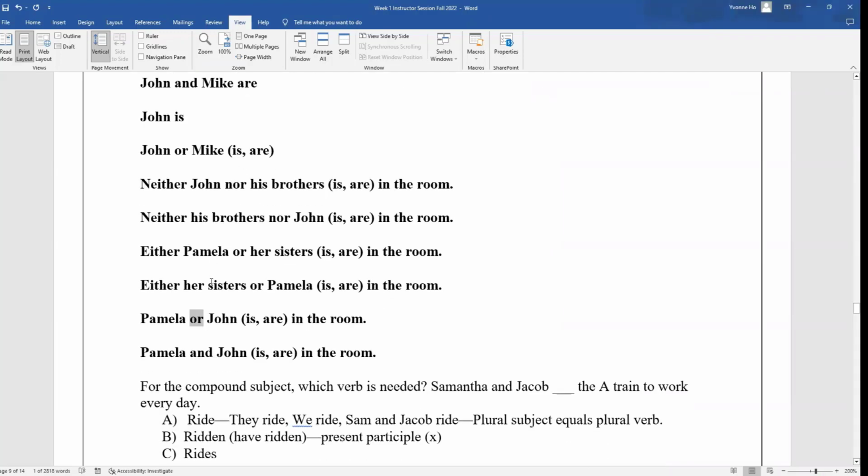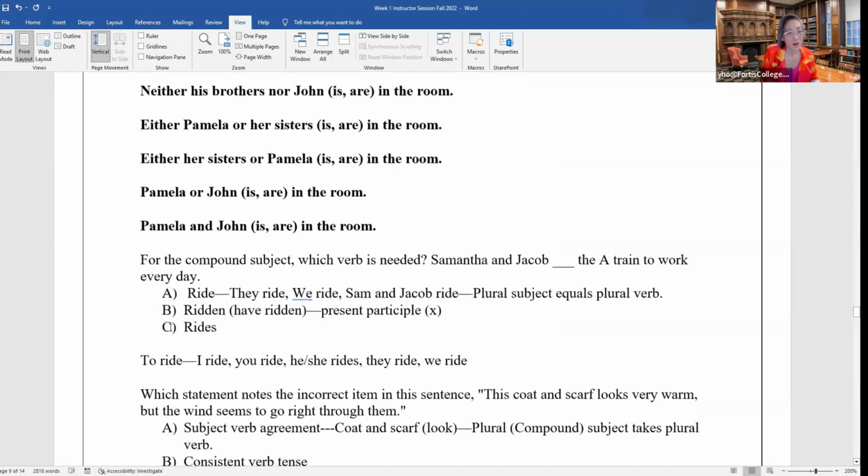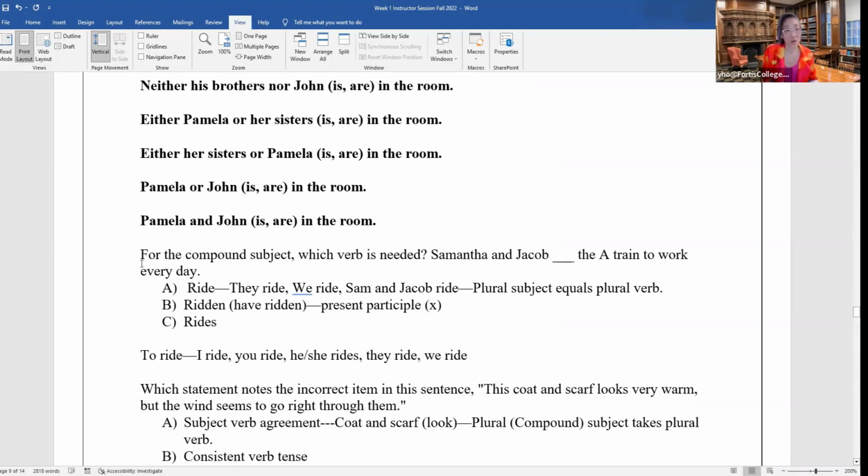Okay. And also when you have something like this with Pamela and John, that's called a compound subject, meaning compound is a word that means two of something. So here you have a quiz question. For the compound subject, which verb is needed? Samantha and Jacob. So once again, we remember that when we have an and, suddenly everything becomes, is it